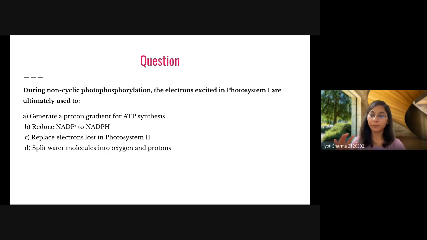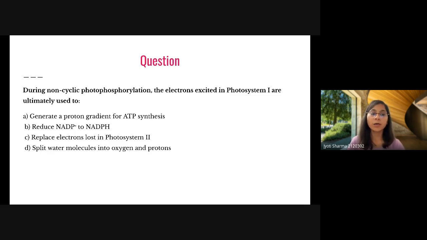Okay, we know all the terminologies, right? Non-cyclic phosphorylation, electrons, photosystem 1, and we have seen what the mechanism was. So I think this is again a very familiar question to you. Of this question, you can answer. So this question is: during non-cyclic photophosphorylation, the electrons excited in photosystem 1 are ultimately used to, and we have